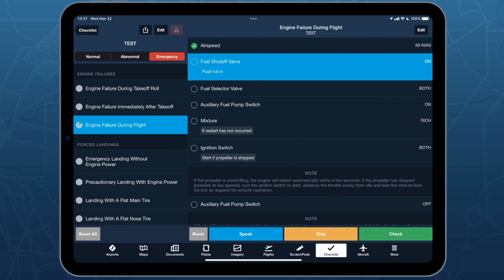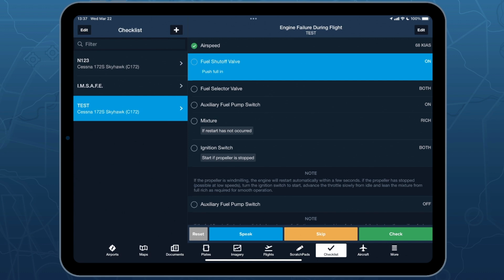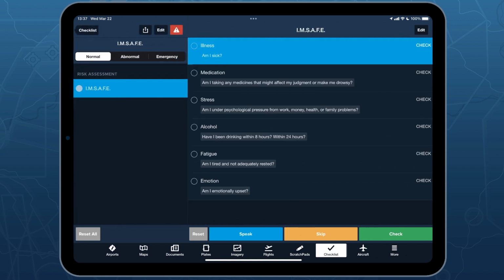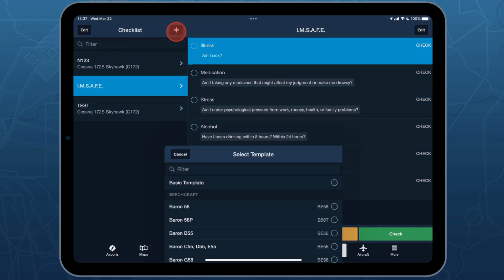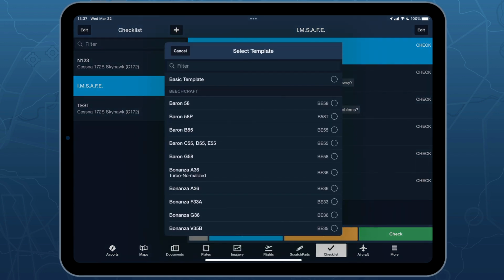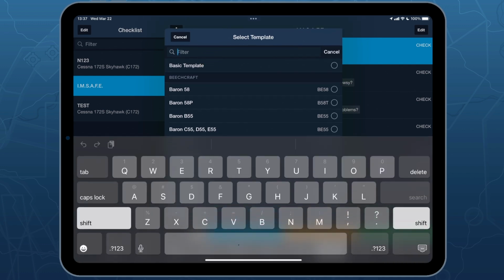So now that I've talked this checklist to death, I also want to point out, you might see that I have an I'M SAFE checklist. We also have other checklists that are outside of aircraft, like the I'M SAFE. As we all know, that beautiful acronym tells us whenever we should or should not make a go or no-go decision based on our personal health. And then we've also got other